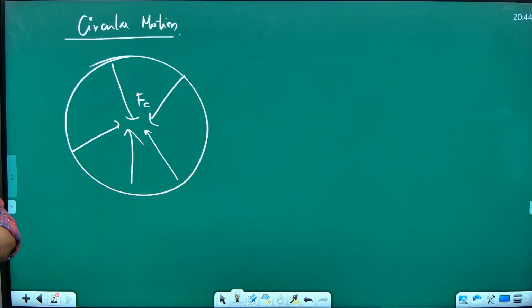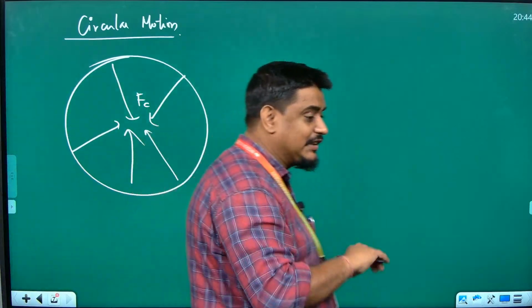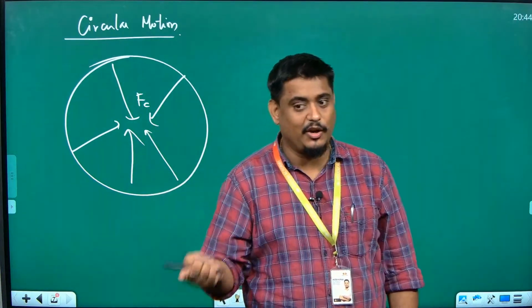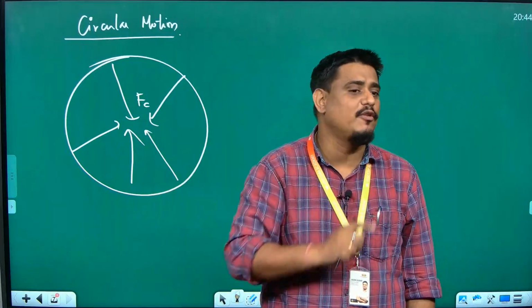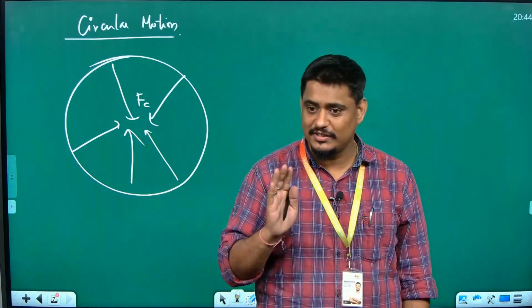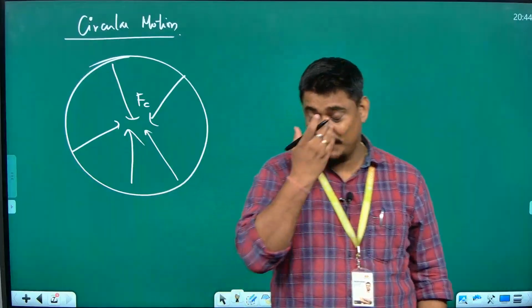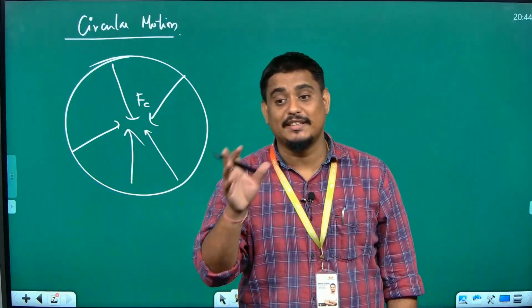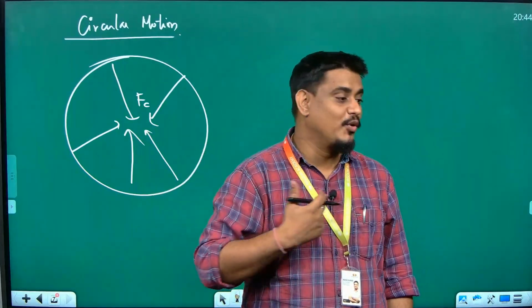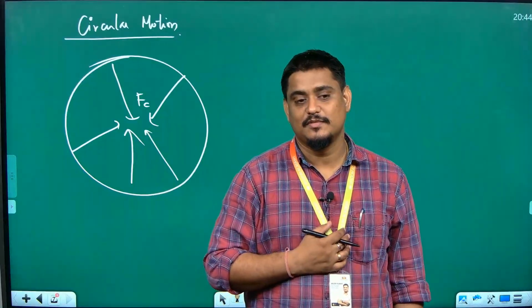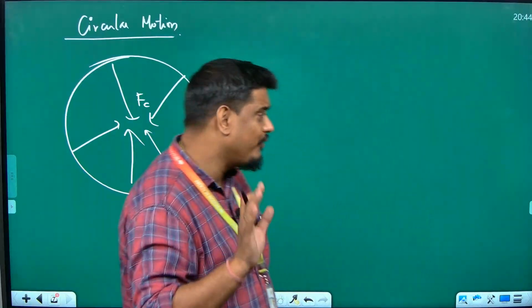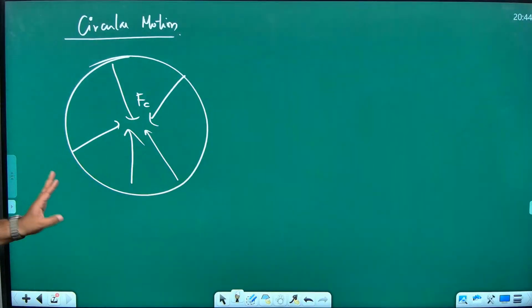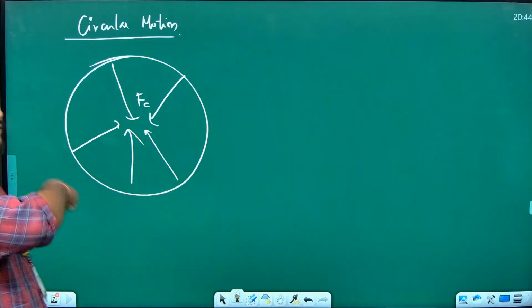So that's the reason I said that if you go beyond a certain velocity, that topic will come in the next chapter. In laws of motion, there is a topic, banking of roads. That topic you will understand about the curved roads and their motion. Interesting topic. But before we talk about that, now you understand that if any object is moving in a circular path,